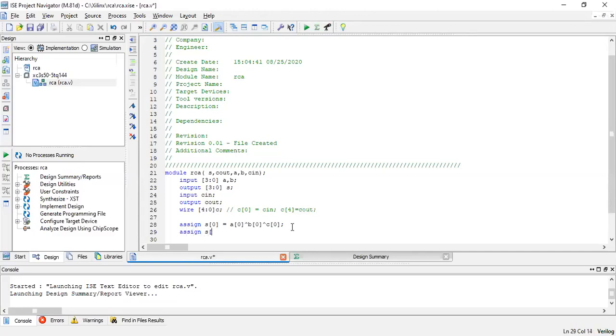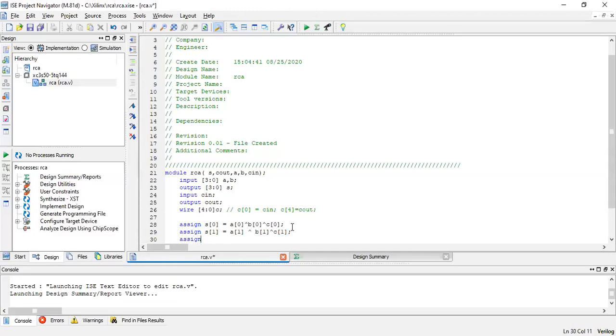Assign S of 1 equal to A of 1. That is the second sum. You're going to add the second bit. A of 1 XOR B of 1 XOR C of 1. This is the second bit.